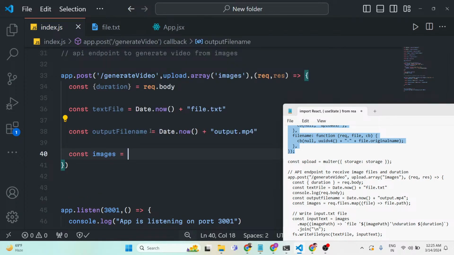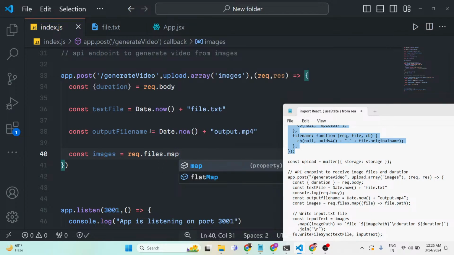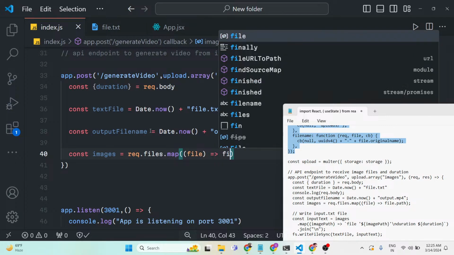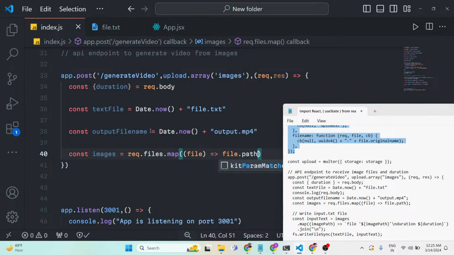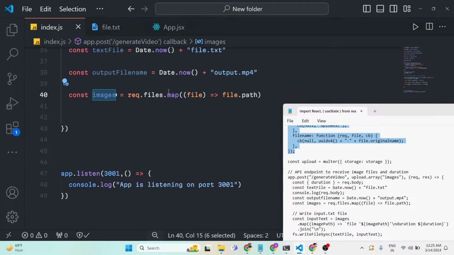And then we will simply be looping through all the files which we have uploaded, request.files map, and for each file we will be extracting the path, file.path. So all the paths will be stored inside this images variable. So now we will actually write our input file, input text,